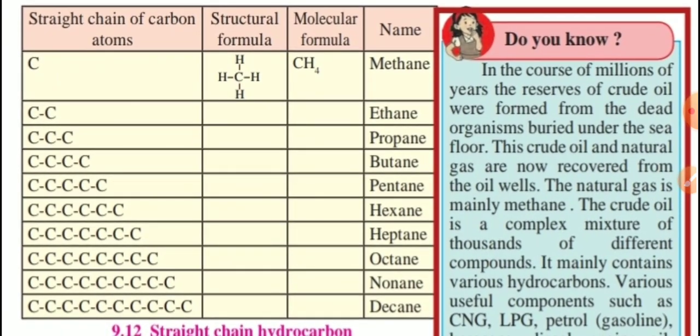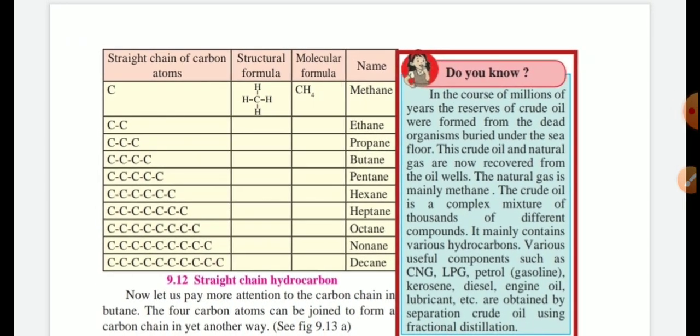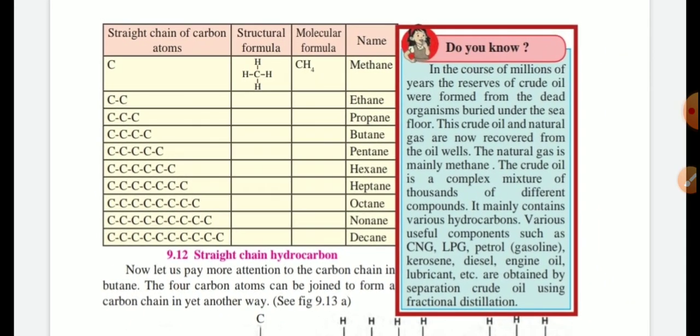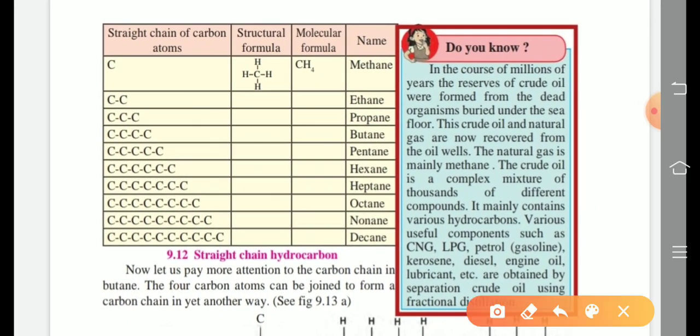Now what is showing here? Already I told you, wherever the red color boxes are shown, that part is omitted. For your extra knowledge, you can read that information. No question will be asked on these red color boxes, that is the omitted part.